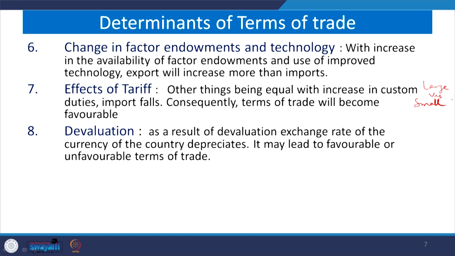The exports are usually expected to be higher, because more product can be imported by the rest of the world with the same amount of money. So, export volume rises. If demand is elastic, then total volume of income will be more and our product will be demanded. So, our prices will rise. So, that leads to favorable